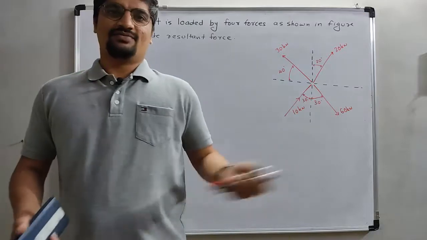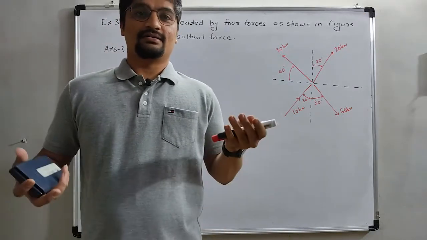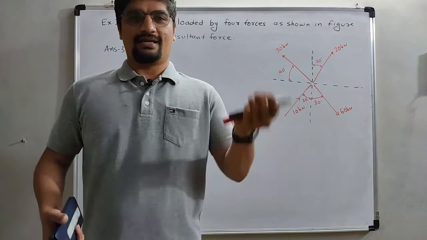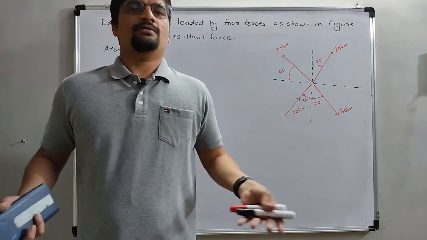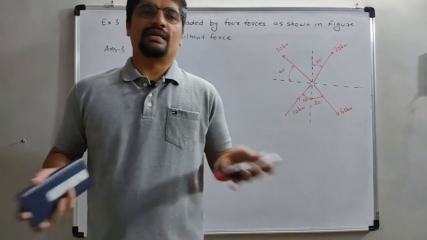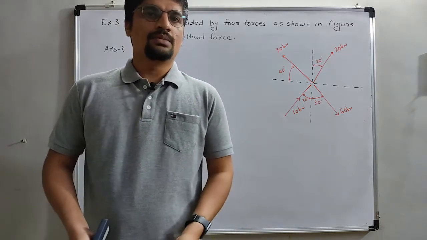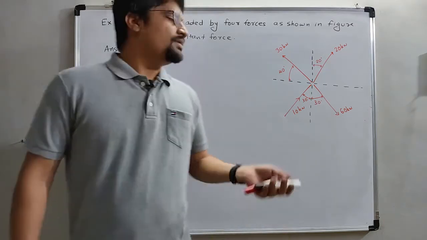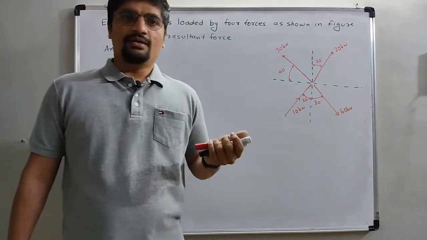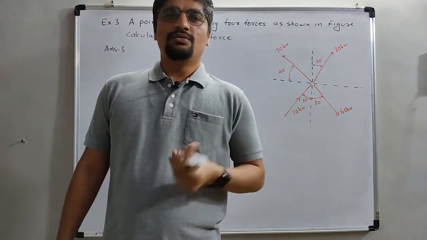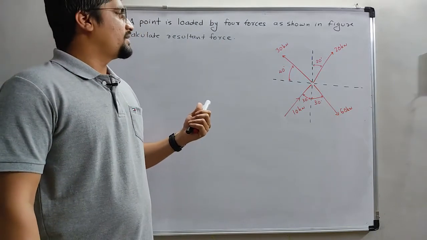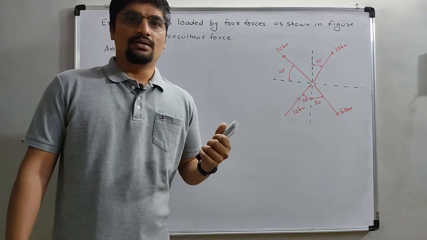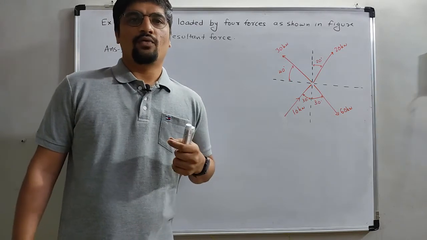In the last lecture, we understood the law of parallelogram and an example related to it. The law of triangle example is solved the same way as the law of parallelogram, and it is completed. So, in today's lecture, I am going to take one example in which more than two concurrent forces occur